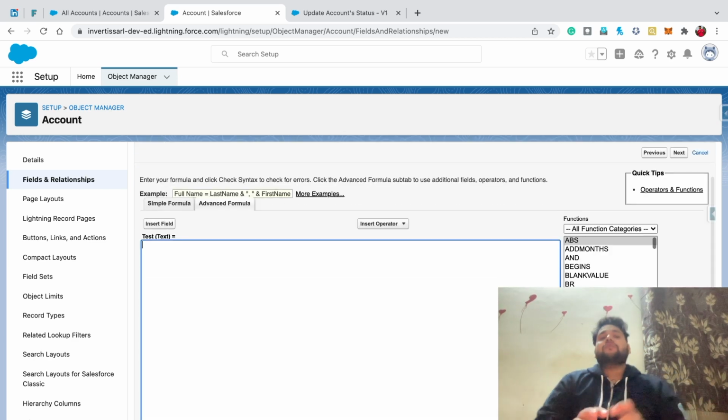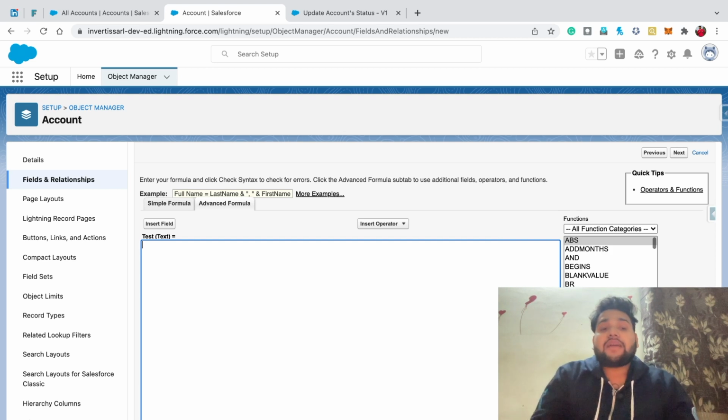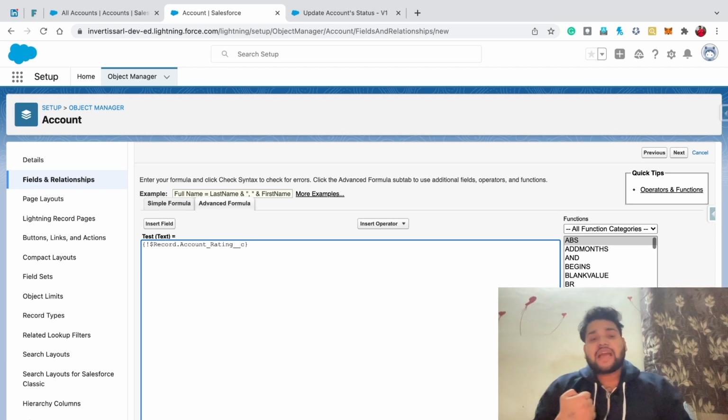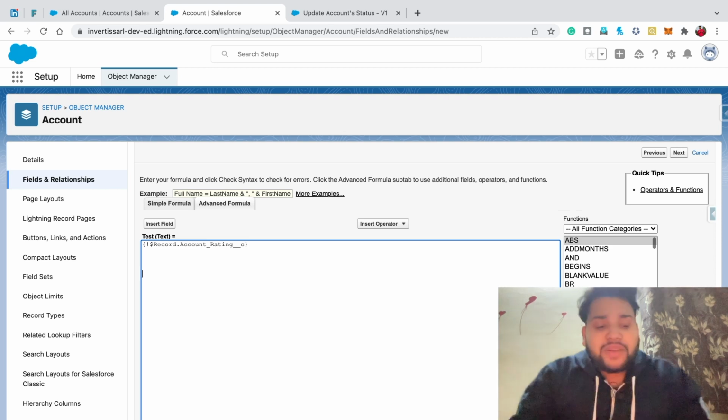Now the benefit of using this way is you will get everything in order. Now what I mean, I will let you know. So simply I am pasting this record.rating account rating field, which is a pick list field, right? So let me start building the formula. Now let's say what should be the approach while creating formulas. As you know, when our account rating equals 0, equals 1 or 2, then the status is rejected, right? So simply I need to select